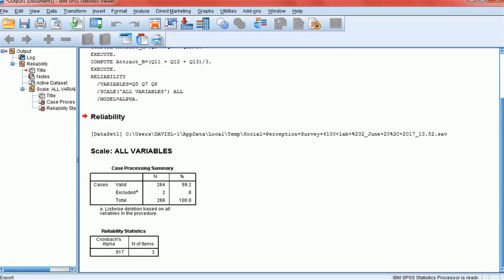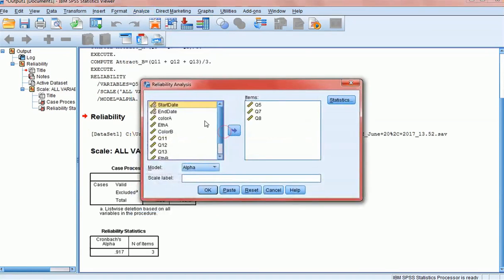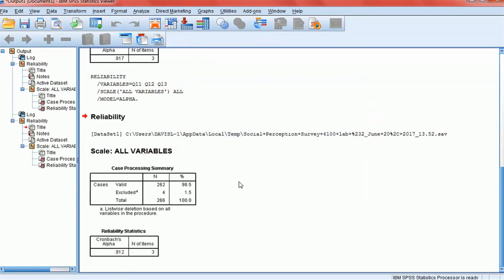So that's really good. So I'm just going to run another reliability real quick, and we're going to look at the other 3 questions for person B. So I'm going to go down here, and I'm going to do these 3 questions here for person B. And again, 0.912. So we've got really good reliability. So we can combine those things together. Now there's some questions that we can ask